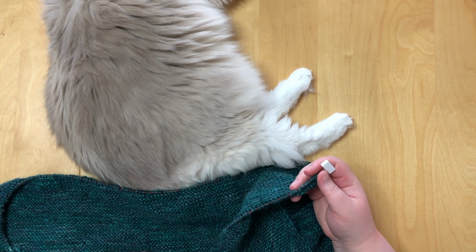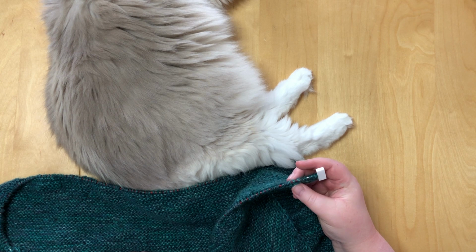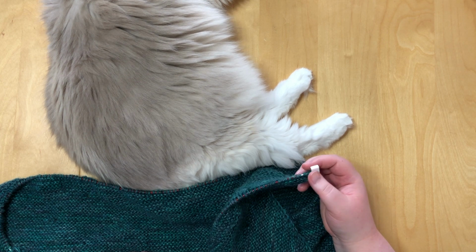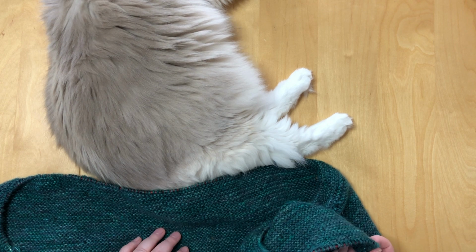I'm going to finish my 8 rows today and then I'm going to bind this off, and I'm going to try to take a decent picture of this so that I have at least one chance to show you the whole thing,